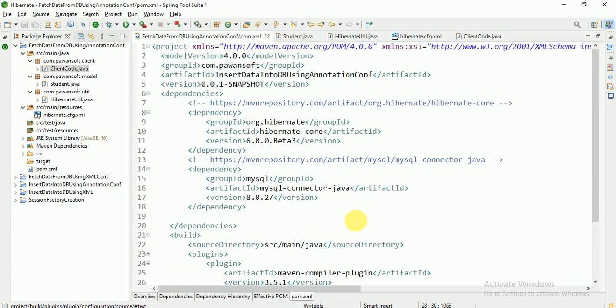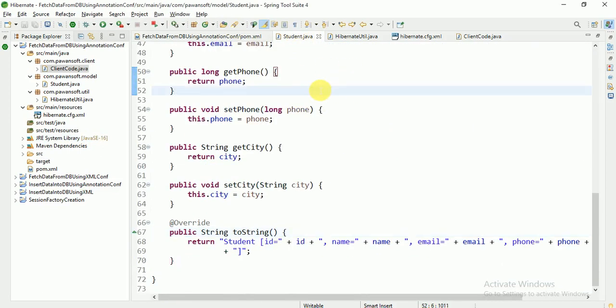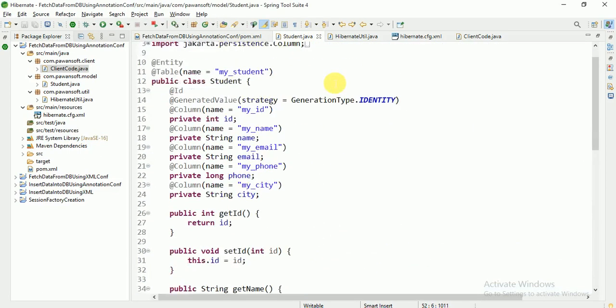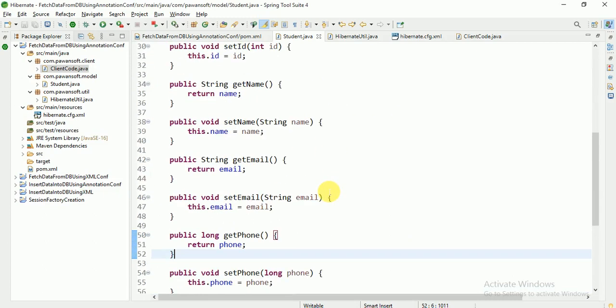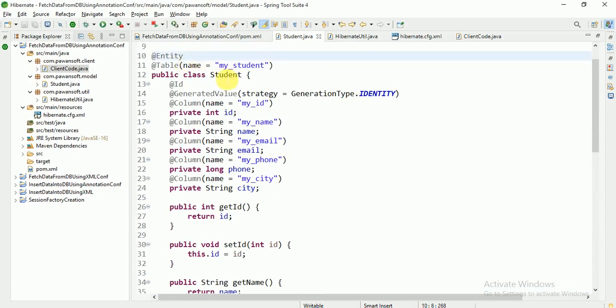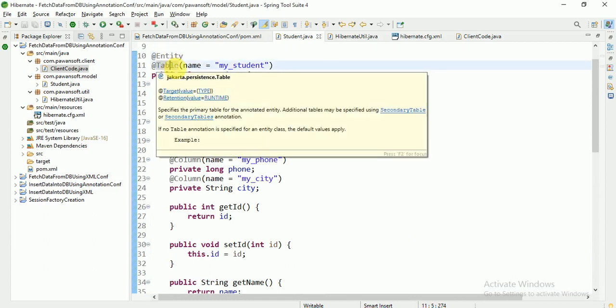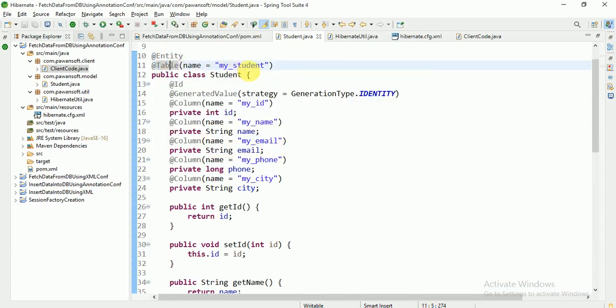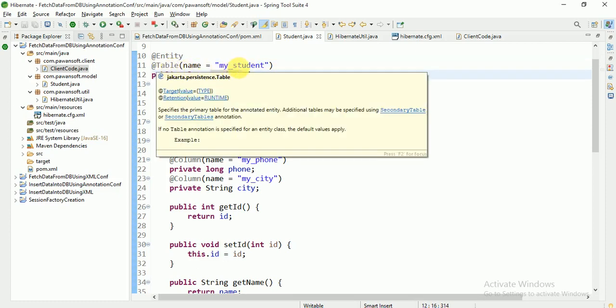In the student model class, declare the private variables and public setter and getter methods, and declare the class level as @Entity. If you want to provide a table name different from the model class name, you can use @Table and provide the name here.